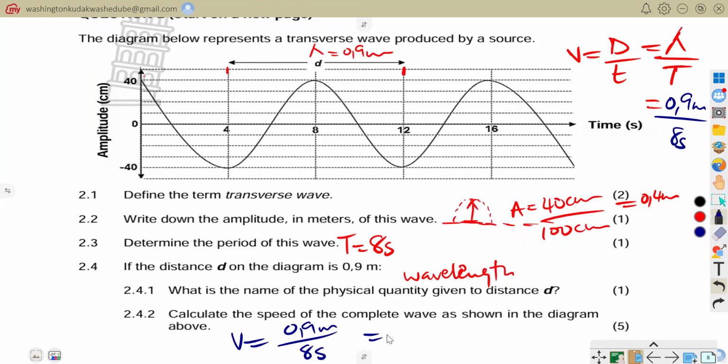And that gives us what? We just go on and punch in our calculators: 0.9 meters divided by 8 seconds gives you 0.1125 meters per second. That is what you were simply supposed to do there. So that is all that you need to know in regard to